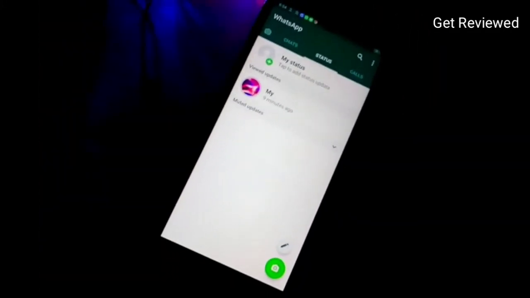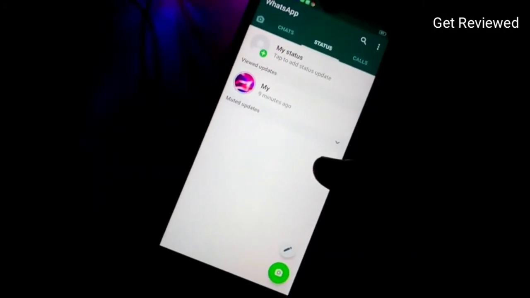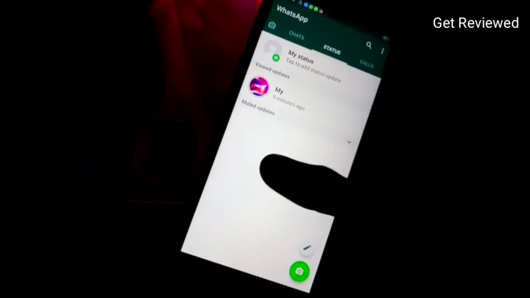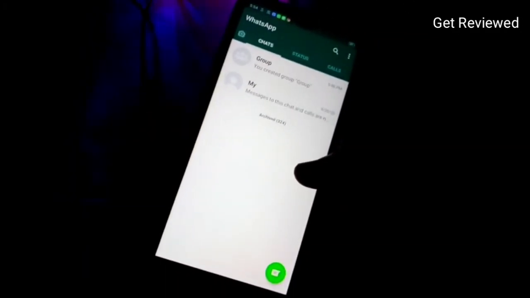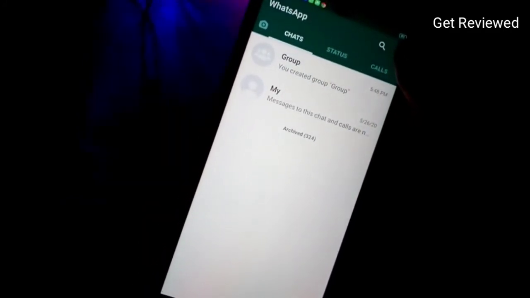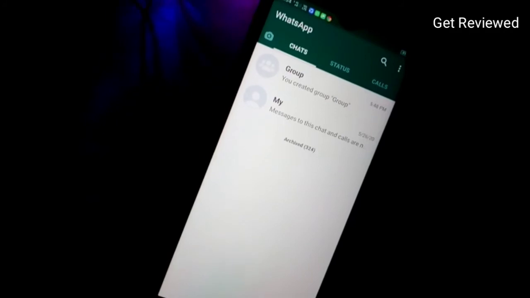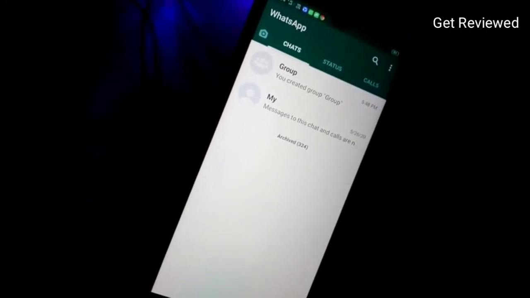The next trick is about the lock which you can apply to your WhatsApp for your privacy, to keep your contacts and all the information in your WhatsApp private. So let us go to that option to give security to your WhatsApp. Here is the new feature.